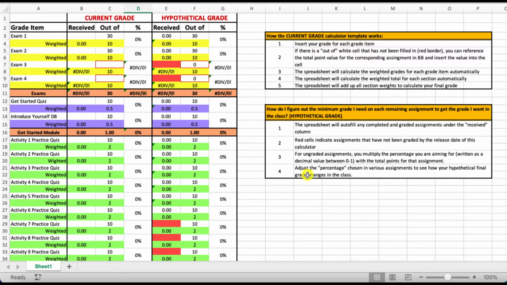Everyone, I wanted to quickly show you how this grade calculator works. I know at first glance it's kind of intimidating, but there are two grade columns. One is the current grade, so that's your running grade in the class, and the other one is a hypothetical grade. So I have everything spread out based on the grade category they belong in, and each orange section